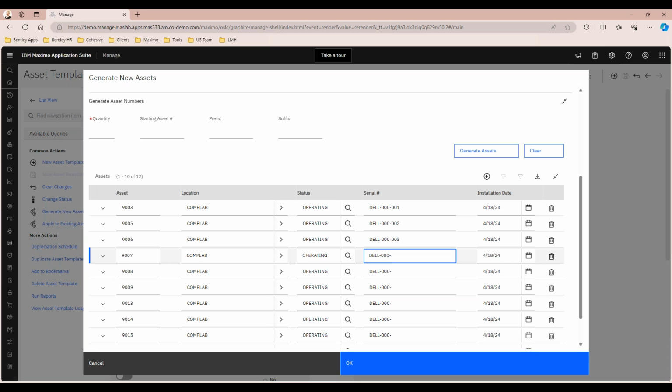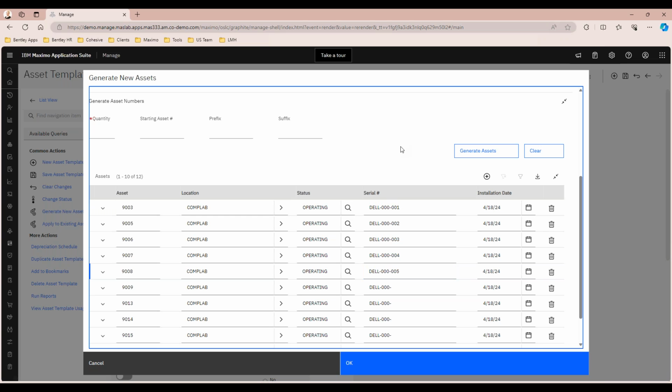The system will just cross over whatever we put in here and populate that on the actual record for us. So I'll just do a couple so that you can see the difference. If we're happy with what we see here and we're ready to move forward, then the next piece is we're just going to go ahead and select OK. And when we do that,